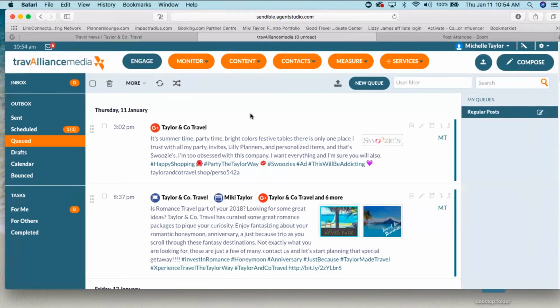Does anybody have any questions so far? I know that they can be a little confusing. The main thing, or the easiest way to remember it, is repeat will post at the same time of day every time you have it set up to post. With the queue, it will recycle posts, and it will always give you different time slots. You control when it goes out during the day.